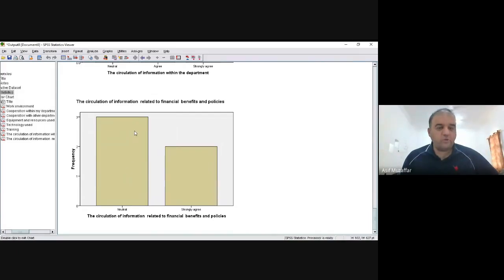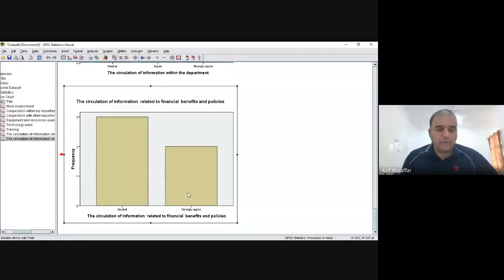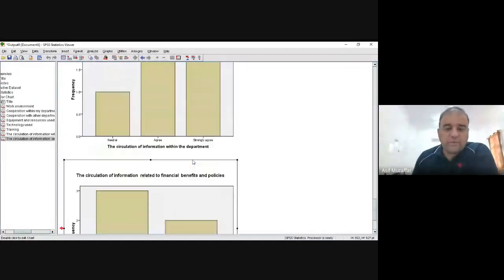They were not sure. Neutral means they were not sure. 2 of them strongly agree that they get the information related to the financial benefits and policies. So what I'm doing, I'm just describing. That is why the mean, median, mode, and the graphs are called descriptive statistics.